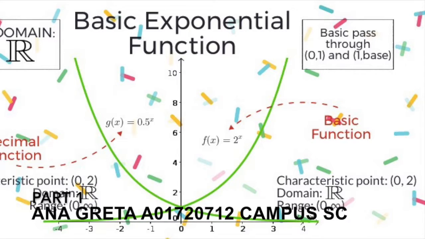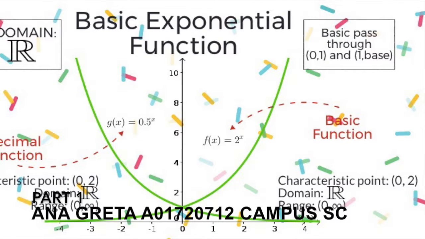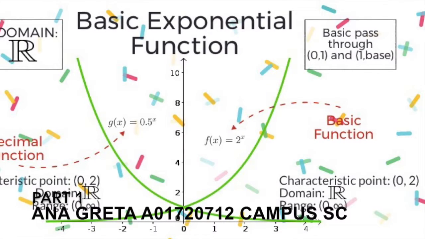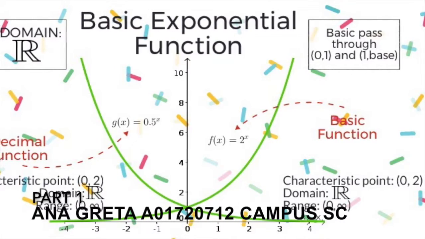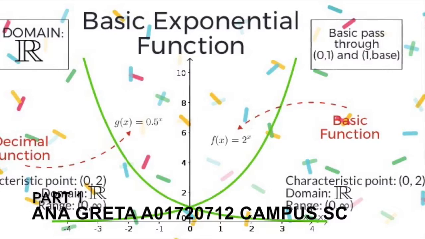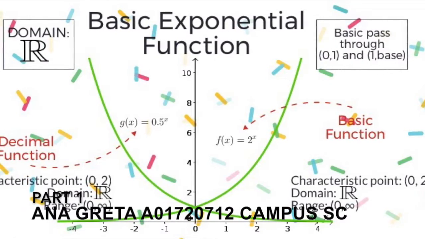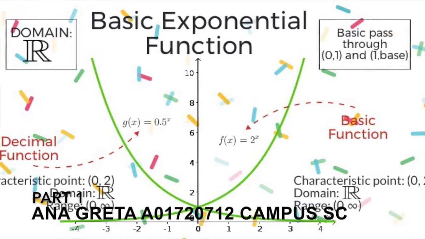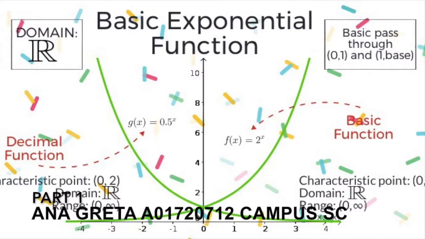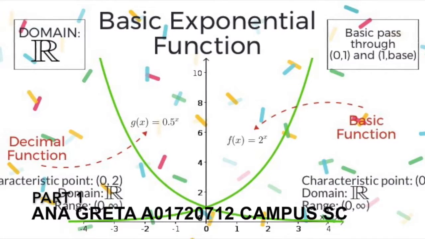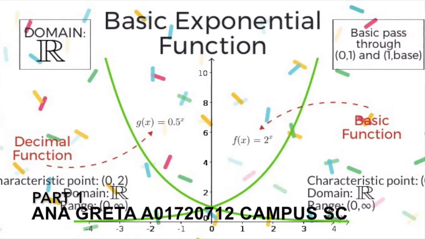A basic exponential function includes the characteristic point. You can know the x and the y of this point by knowing what can make x 0 and then replacing this x to know the y. The domain in the exponential function will always be all real numbers. You can know the range by taking the lowest point, which is a horizontal asymptote, until the highest point that